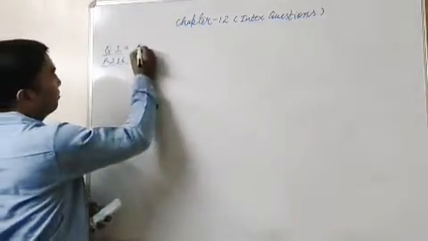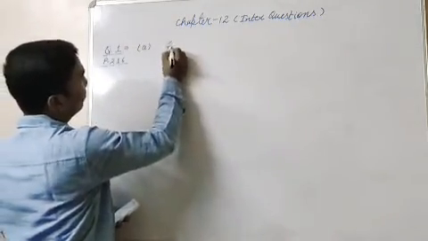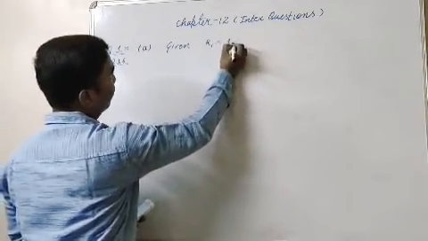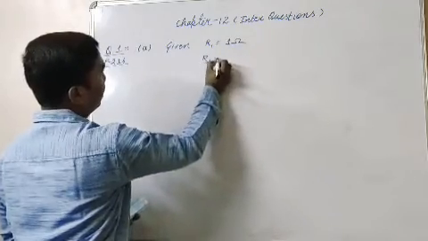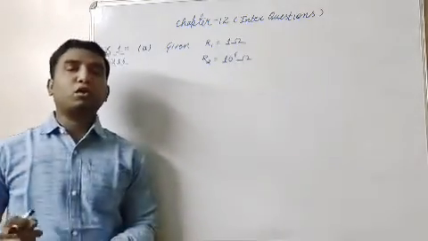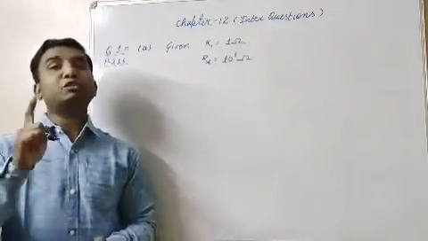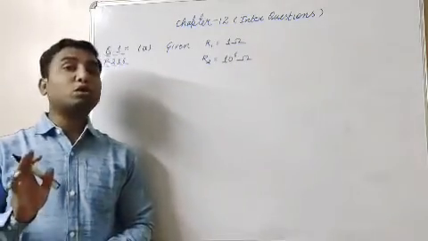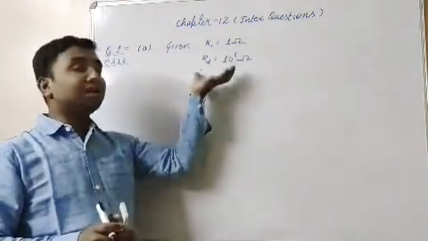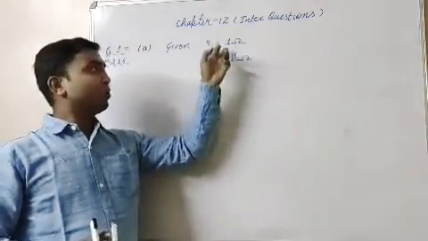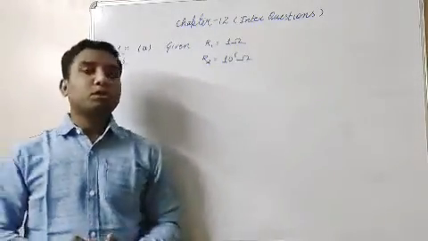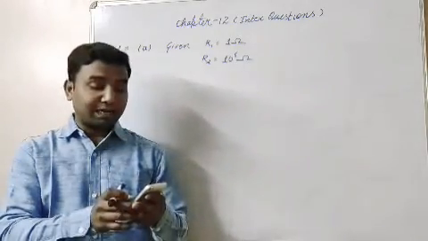So now the first part I am doing. What is given? R1 is equal to 1 ohm, and R2 is 10 to the power 6 ohm. So listen, first of all, what they are asking is "judge." Judge means you need not solve first of all. Why? Because of how you see the question. Basically R1 is 1 ohm and R2 is 10 to the power 6, meaning 1 million ohm or 1 mega ohm.